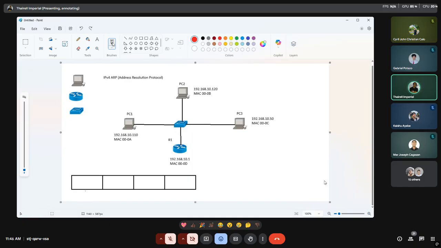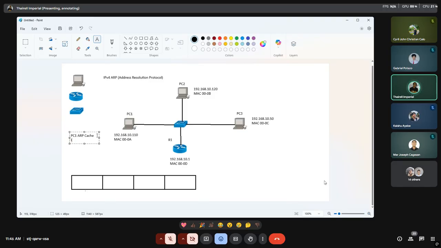Okay, so I'll have to input here the table that is currently stored in your source device. That would be PC1. We'll have here the ARP cache. Okay. So we'll just have to show that.